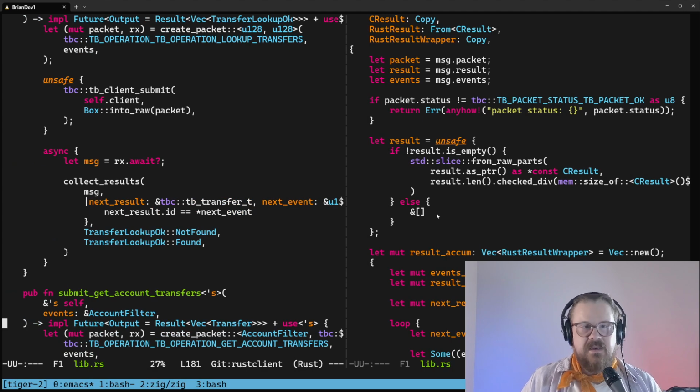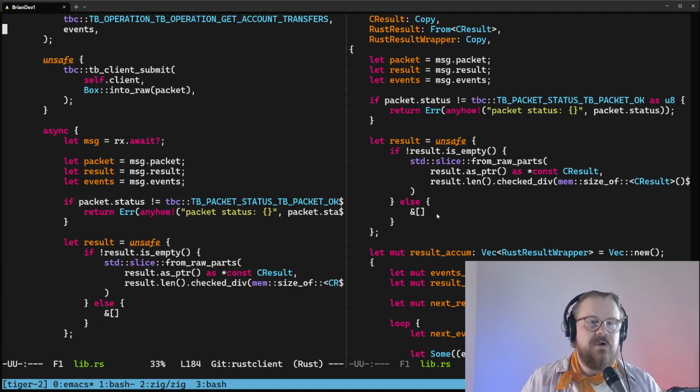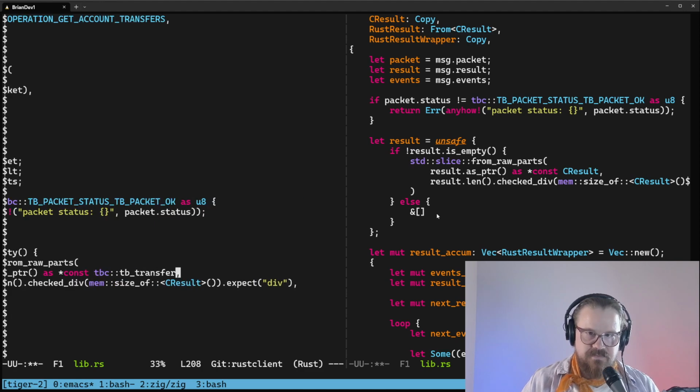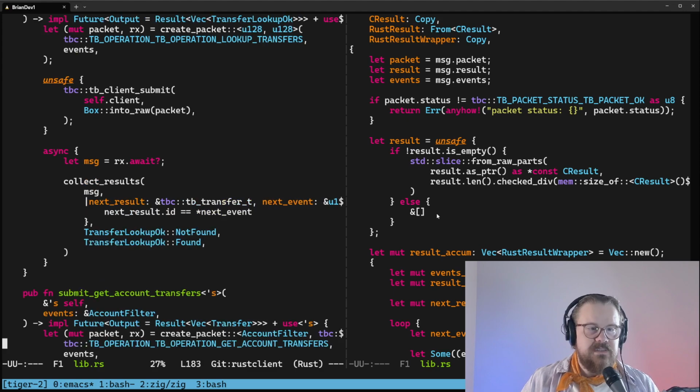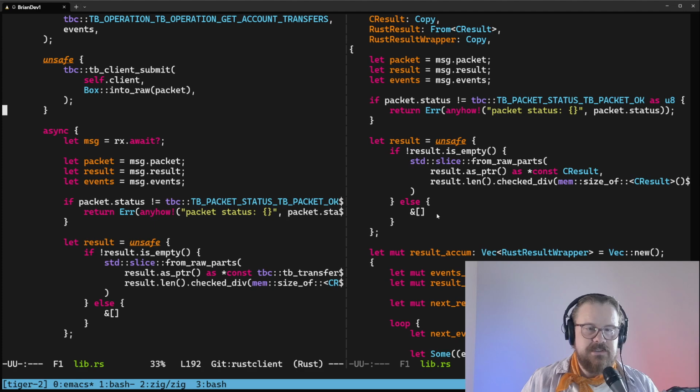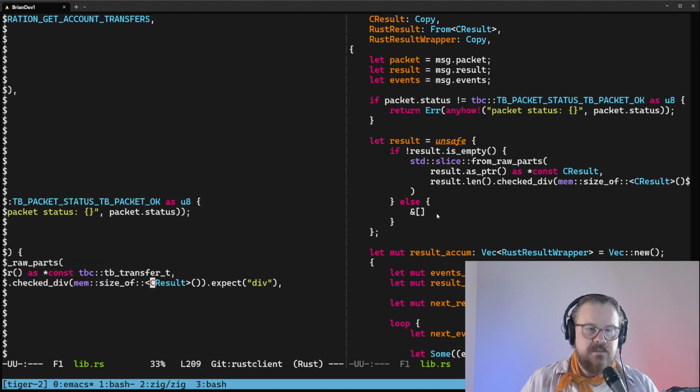So for every method here, we have a Rust defined request, a C/Zig defined request type, and a Rust defined result type, and a C/Zig defined result type. And so we kind of got to keep those all in mind as we're writing these methods. And this is a type definition for the C result type, which is going to be, I believe, a TB transfer T, because this is get account transfers. So we're looking up transfers. And this is also TB transfer